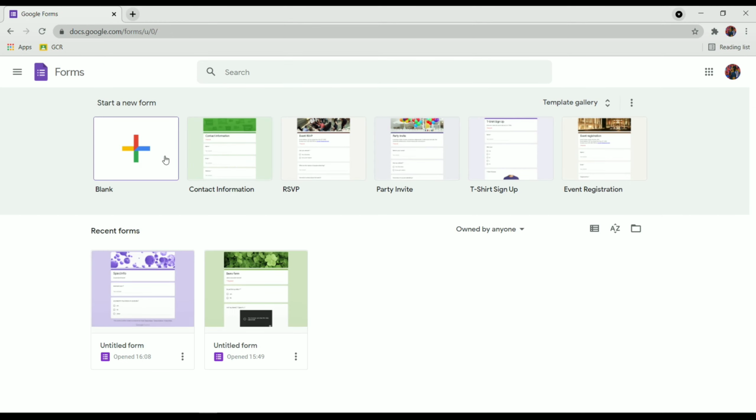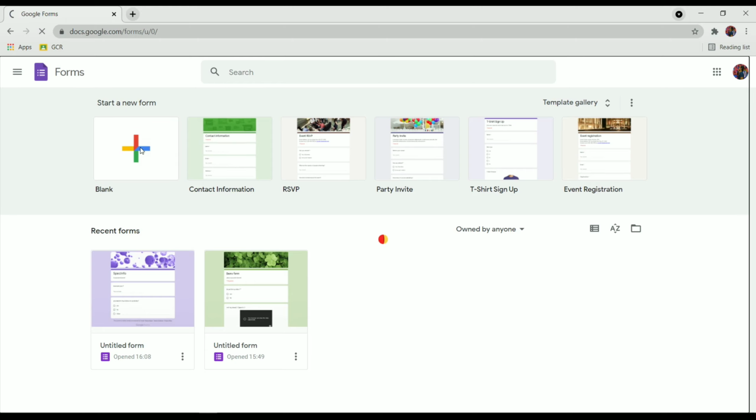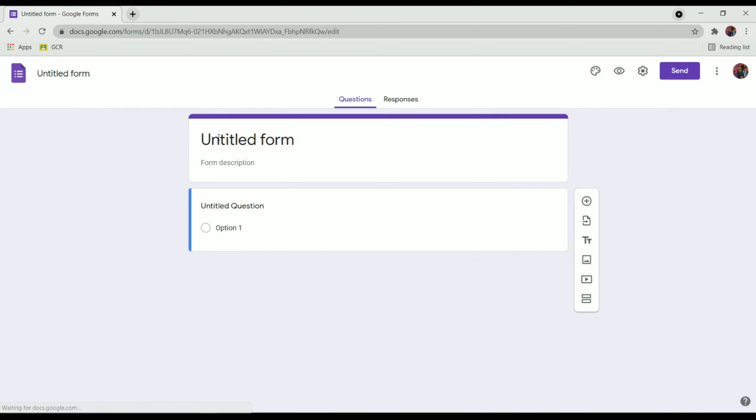And you will get multiple themes over here for your forms. Okay, you can create the form from here. You will get themes like contact information, event registration, and many more. So I will start with the blank. Okay, so click on the blank and you will get this